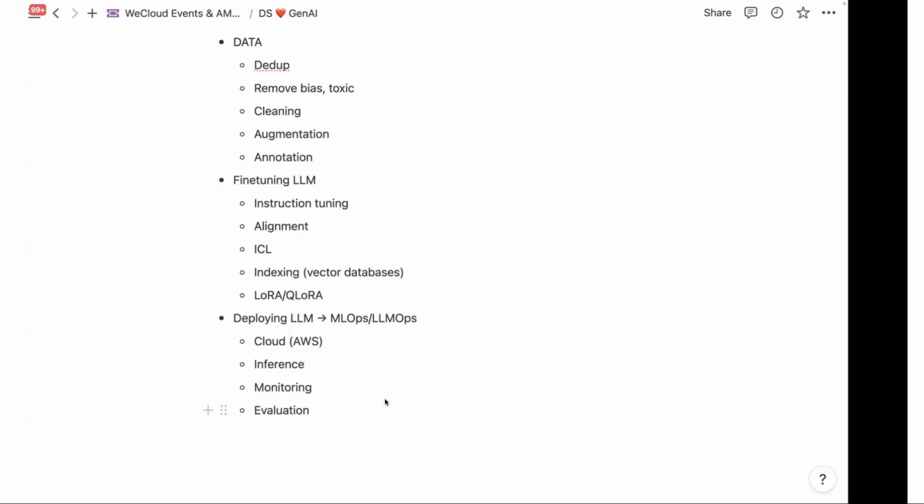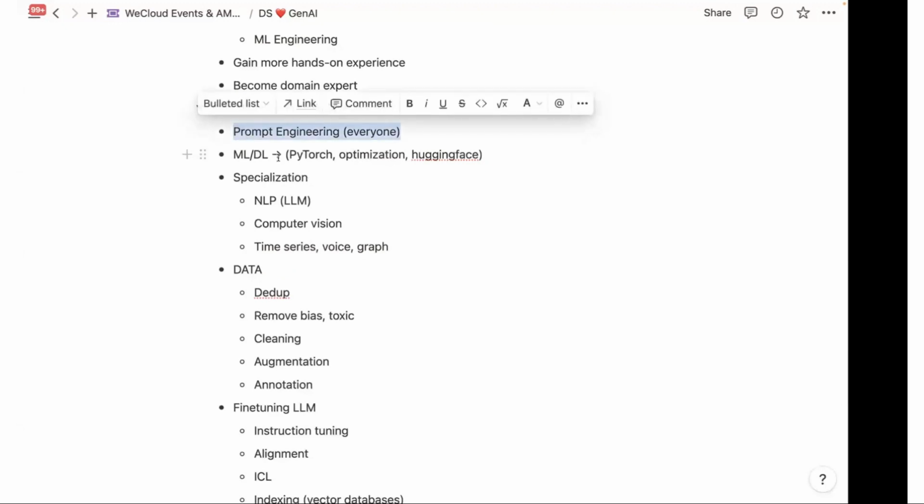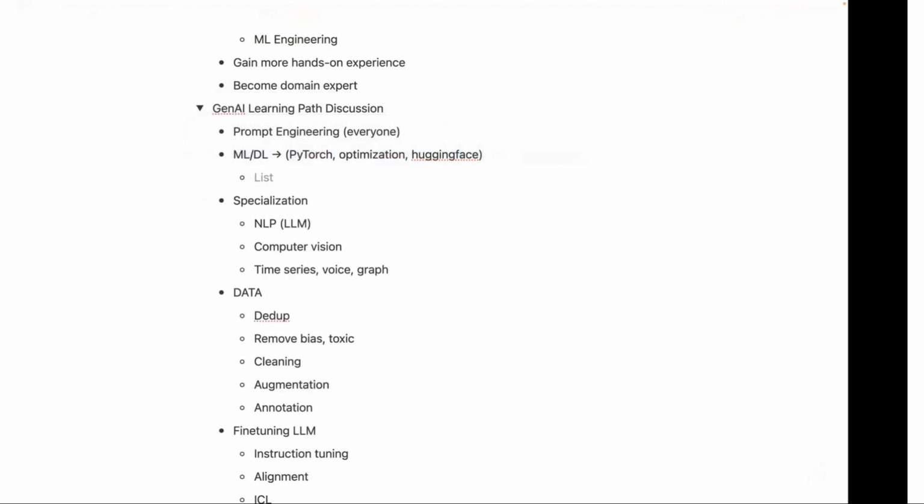So again, there are lots of things we need to learn. It's pretty deep, and there are many things you need to consider. But hopefully that gives you some sort of inspiration and idea of what you need to learn if you want to start from the very beginning: common use cases, prompt engineering, which I suggest everyone learn,